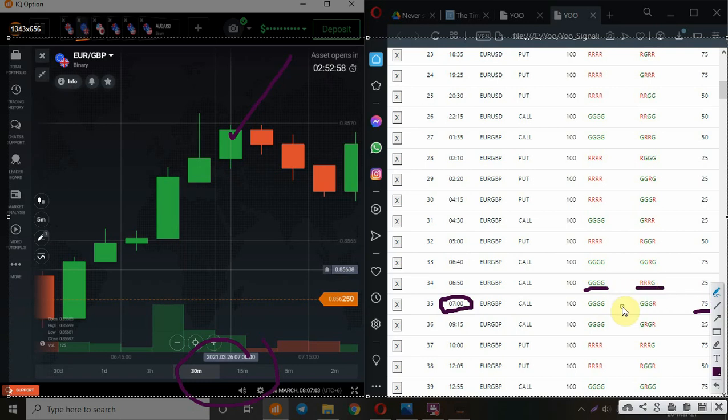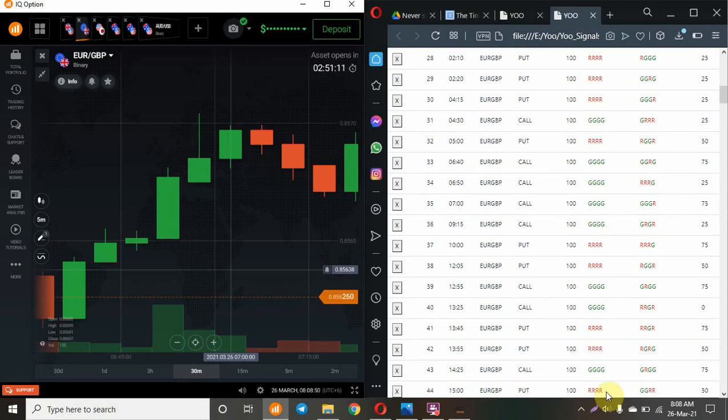So what is the maximum value? 8. 4 here, 4 here. So 4 and 4, 8. What is the maximum color? Green. Look, 4 green, and 1 green also here. So totally 5 green and only 3 red. In total 8 numbers, only 5 green, 3 red. So this has affected these signals, even if this is a 75% signal. So if you follow this way, you will get a 90% winning ratio, inshallah. If you just follow our guidelines.